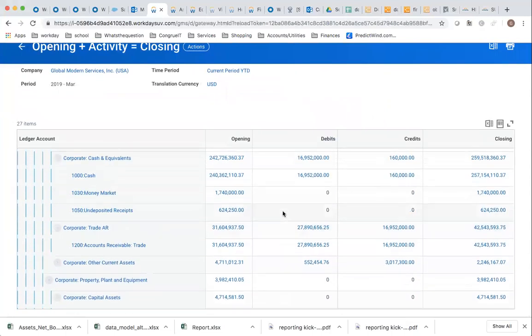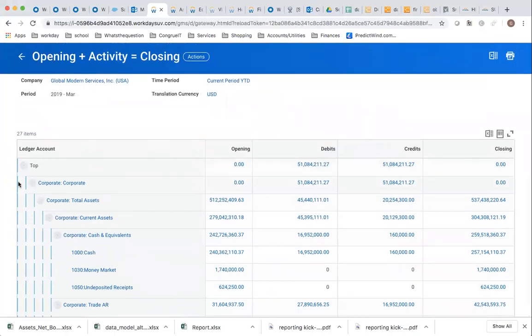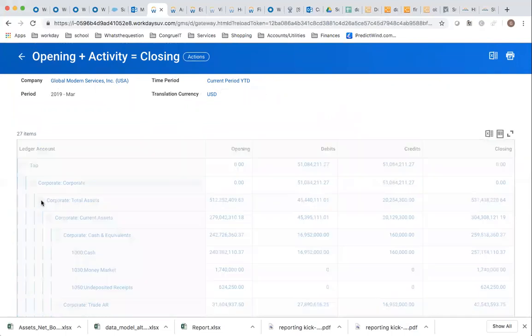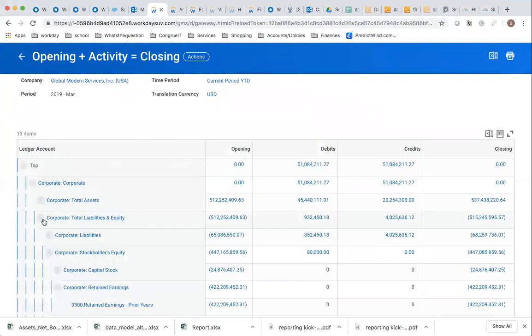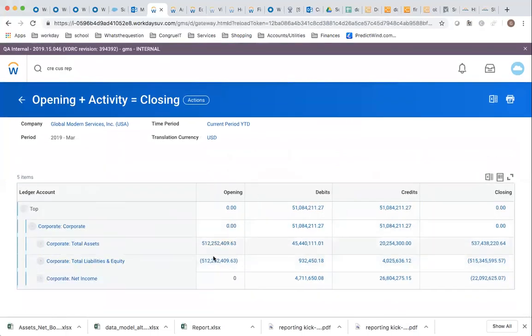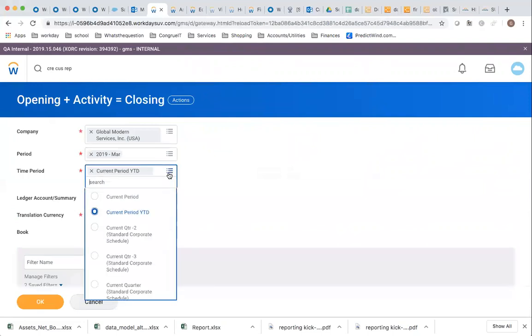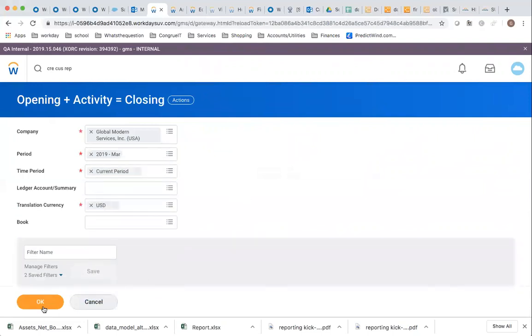Now getting back to this report, the fact is that it is, as I said, exceptionally flexible with the way it runs. Another thing that I wanted to show you is that I've run this as a year to date. And please note that on the year to date, I have for the balance sheet, of course, my opening amounts. For net income, I have a 0, right? I just have the net result year to date. If I now go back and run this, not year to date, but for the current period, just want to show you this functionality,